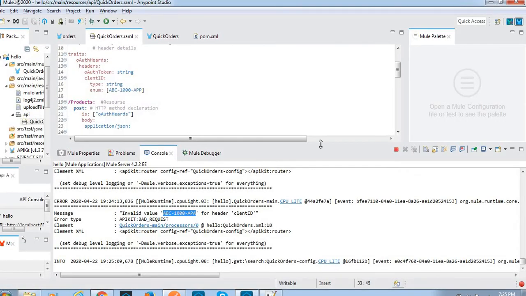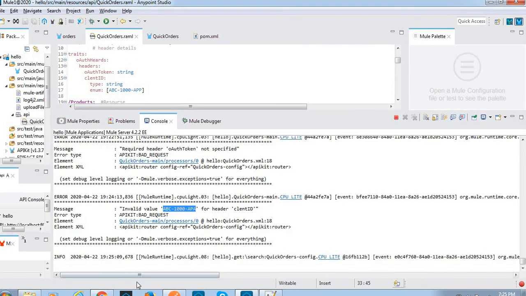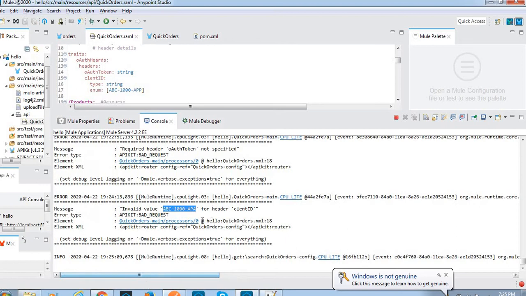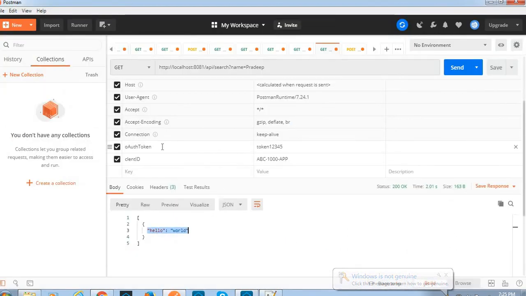See here, no exception came. So we have to remember that we have to provide both the details, OAuth token and client ID, as per the RAML definition. In the RAML definition we have given this enumeration type, as it is we have to provide.